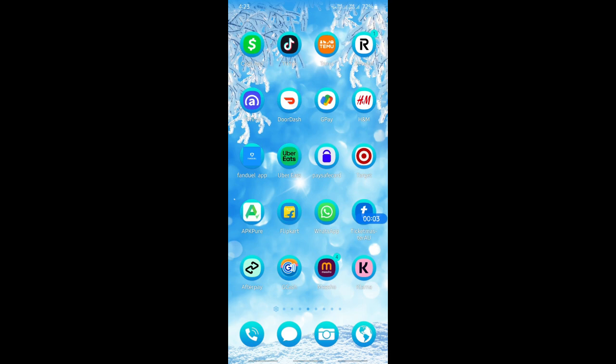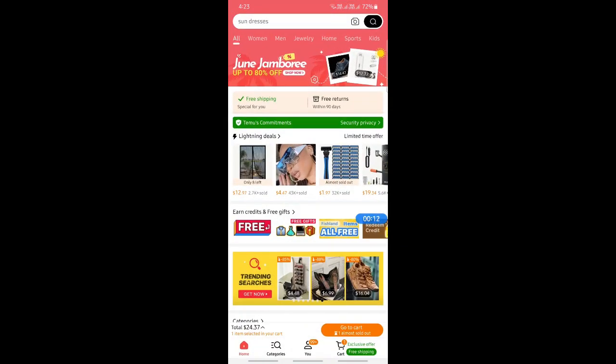So today in this tutorial I'm going to quickly show you how to remove the minimum order on Temu. So let's get into the video. Open up Temu and log into your Temu account. If you want to remove the minimum order restrictions on Temu, we're going to log into your